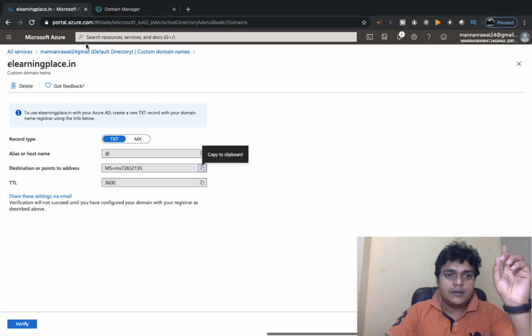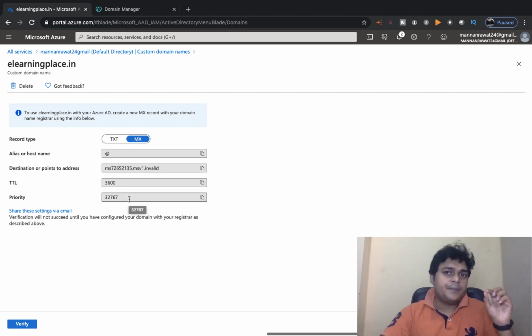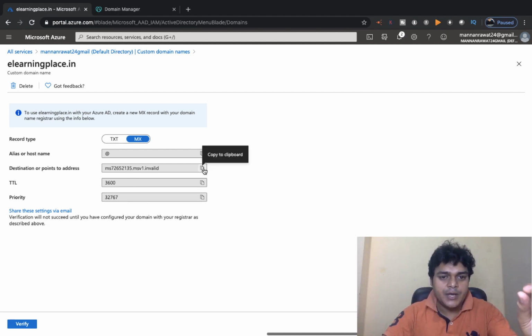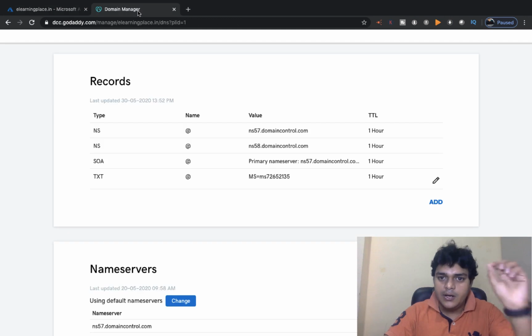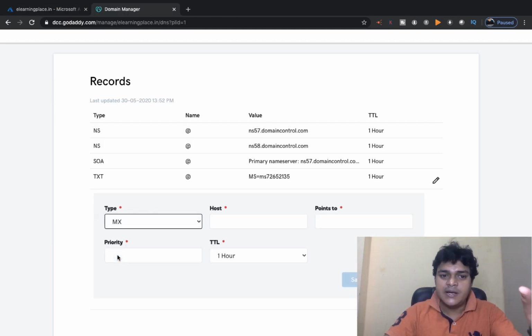For the second record, you need to click on MX. This is the MX record. In the MX record, we need to point to the destination address, and we also need to copy the priority of our MX record. First, we copy the address, go to the domain, and click add. This time we proceed with the MX record.